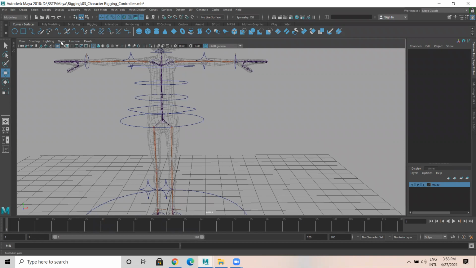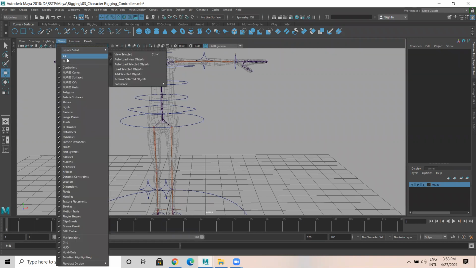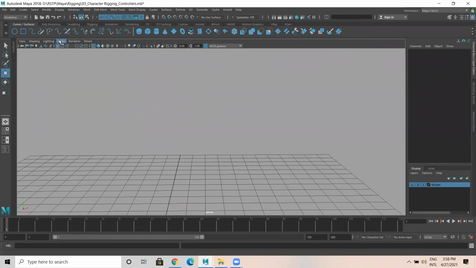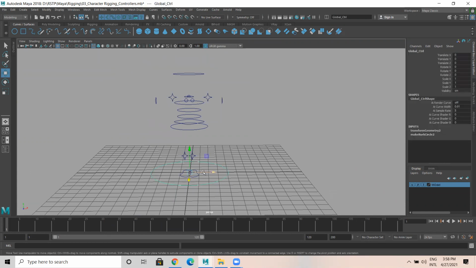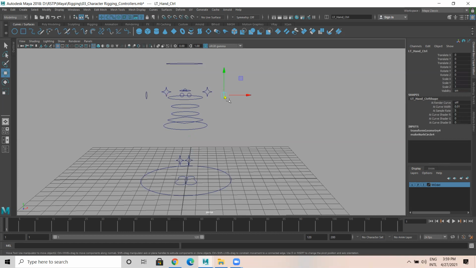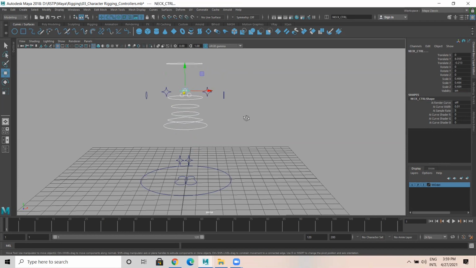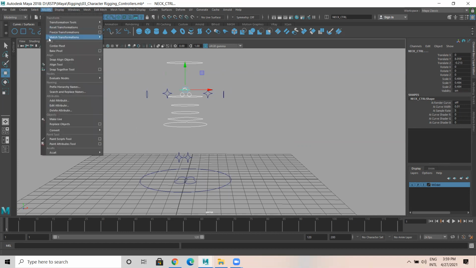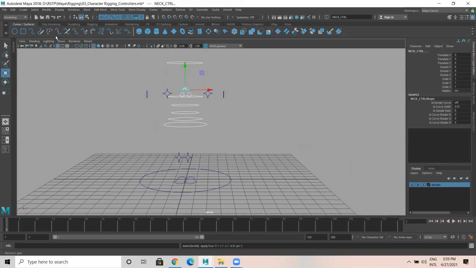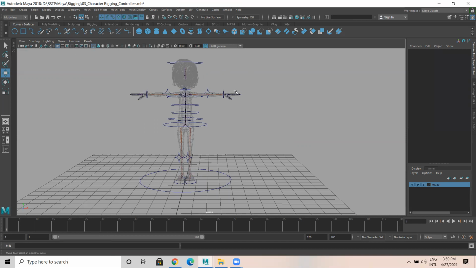Fine, let's see. So now in Show I can turn off everything. Show none, show curves. So all these curves, you can see the values are frozen. Now I'm selecting only these curves which we have created now. Modify, center pivot, modify, freeze transform. Edit, delete by type, history. Okay. Then show all.